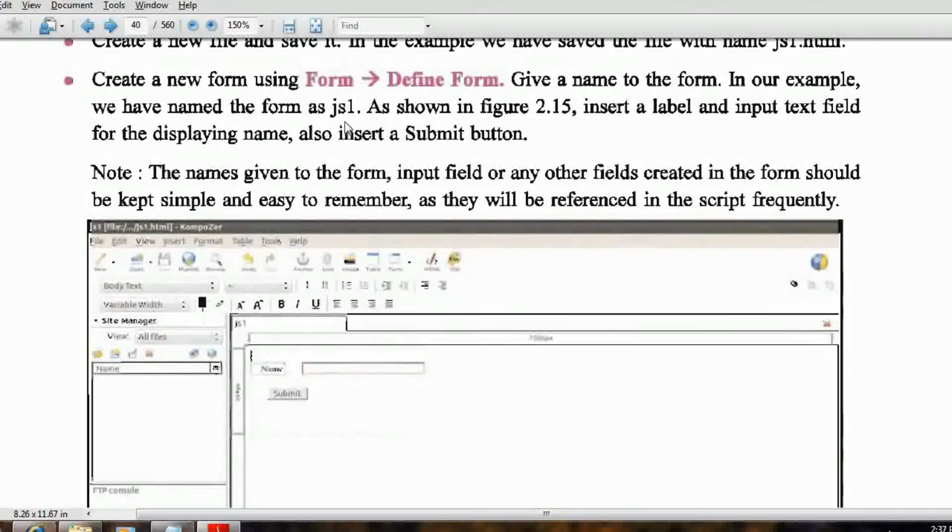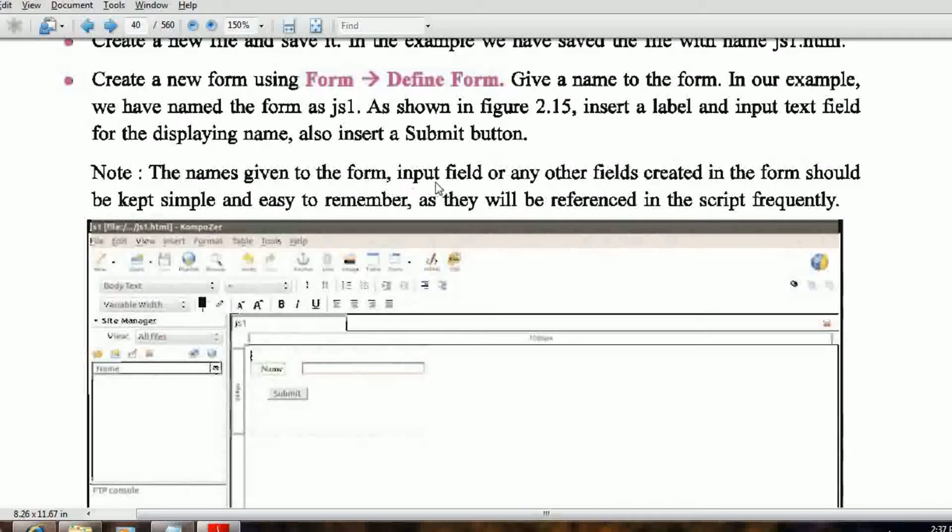The name of the form is JS1. Students, from this lecture onwards, please remember the names. We need a table and an input text field for the name, and we also insert a submit button.